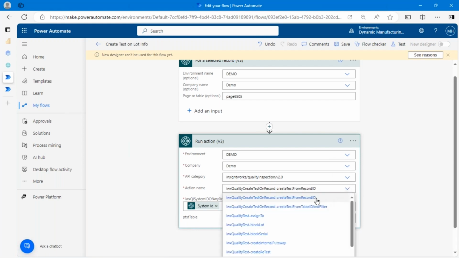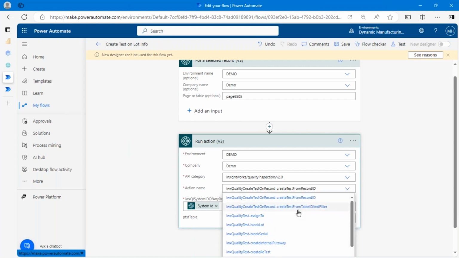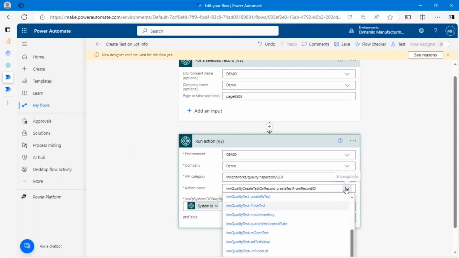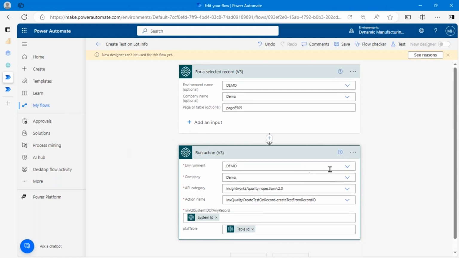And what we want to do within that API is create a new test. So you can see there's a whole bunch of stuff we can do from within Power Automate related to Quality Inspector. We can assign tests, we can block stuff, we can do putaways, we can do all of that. So you can see how you can build up a flow that's very comprehensive. You can say, if it's this type of test and it failed, or this particular attribute failed, we're going to block stuff, move stuff, send somebody an email, those sorts of things from Power Automate. So it's very quick and easy to set up, and there are videos online that show you how to do it, and away you go.